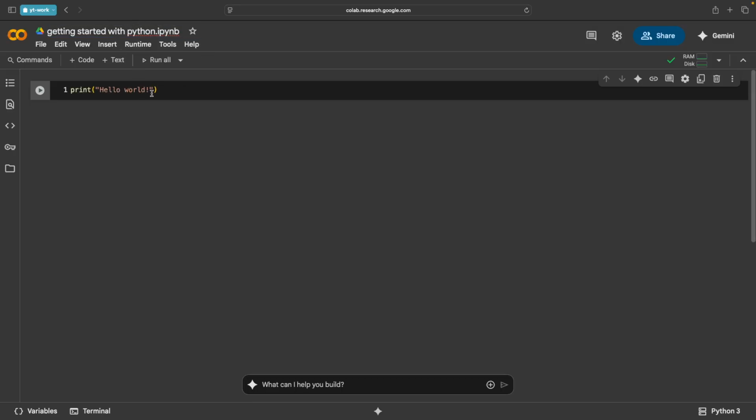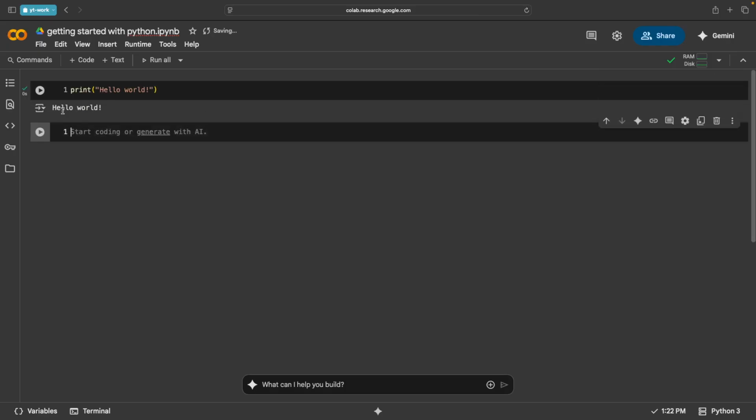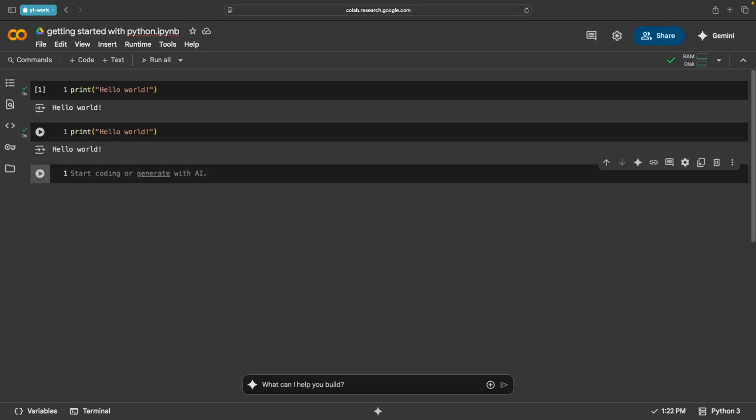And then here we have written print hello world. To run this, you either press this run symbol or you can press shift plus enter. So that's going to execute this cell. It's just printing the text present within it, and it's going to open a new cell. So again, let me copy and run this again. You can also click this run symbol. This is going to run it, but when you press shift plus enter, that's going to run and create a new cell over here.